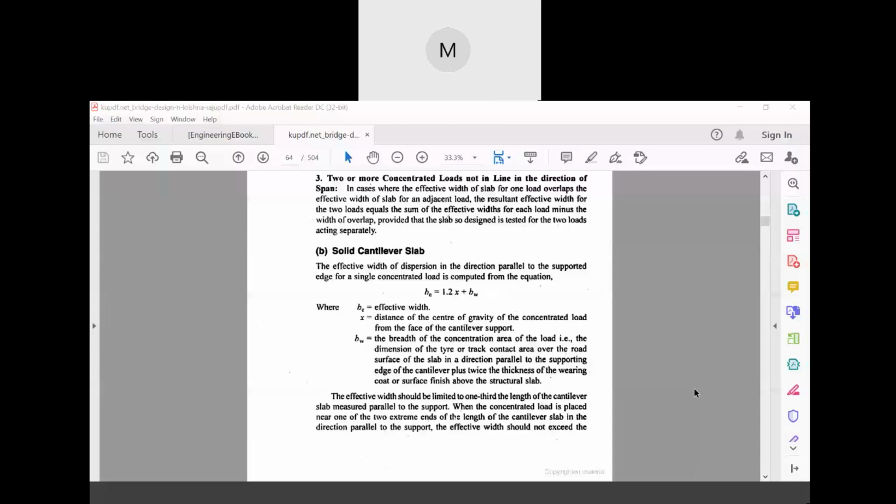Now, this thing, let me explain. This is the effective width of dispersion, right? That means, suppose this is the width of the load part. Now, if you see, these are the layers. So now, if you see here, this way,